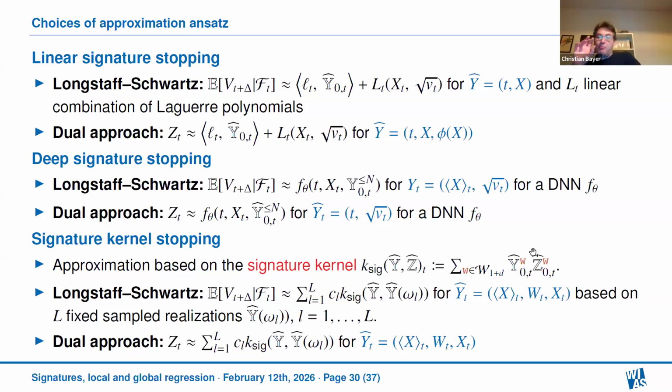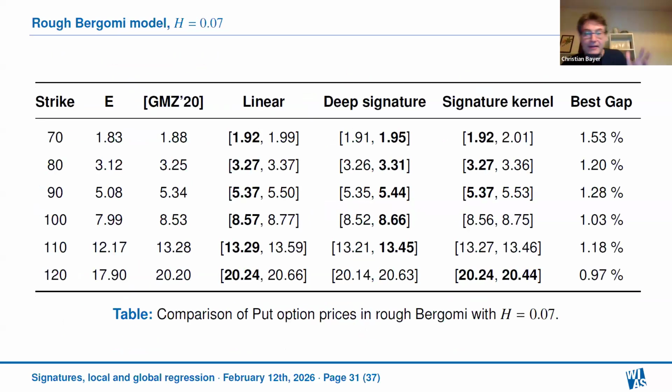And the precise choices here were for each combination of signature approach and algorithm, we tried to find the optimal variables to proceed, so that we try to be really fair here. And at the end of the day, there's always a lower biased and a higher biased value. And basically, if we take as an example the rough Bergomi model computing put options, we see that